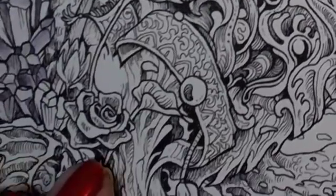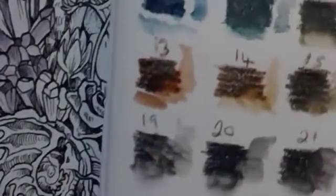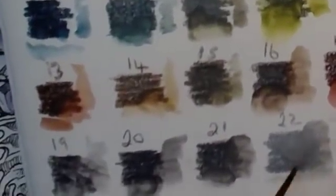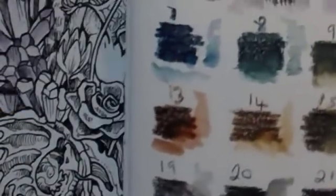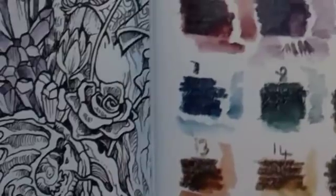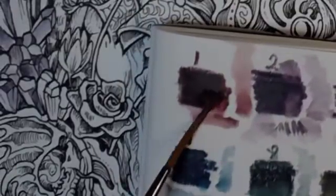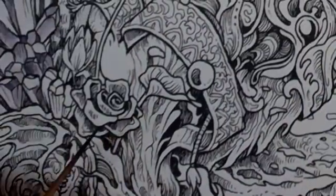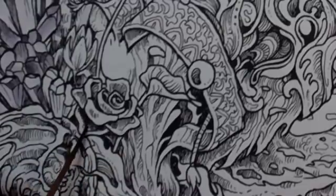I think I might do the rose next. So let's have a look at our colours. We've got port number 1, and number 17 is russet, I think, is autumn brown. Number 13 is russet. I think that the pinky red one we have is port number 1, so we're going to have to use number 1. And again, a nice amount on the tip of the brush. I've got a damp brush, so I'm going to start where it's darkest. So I'm going to start at the bottom,